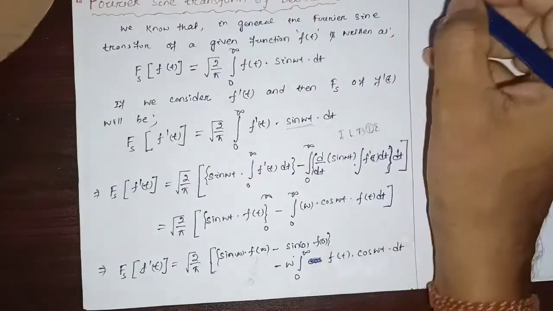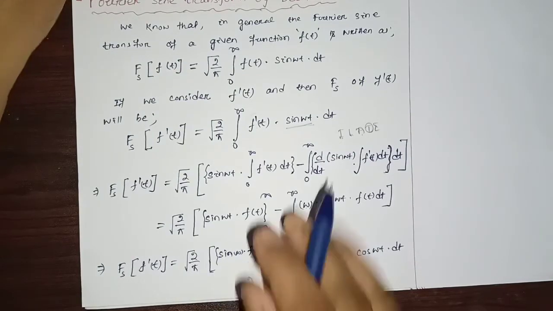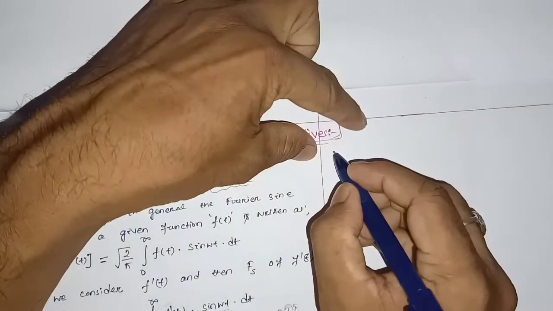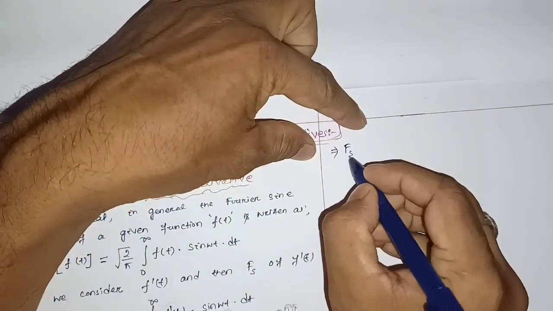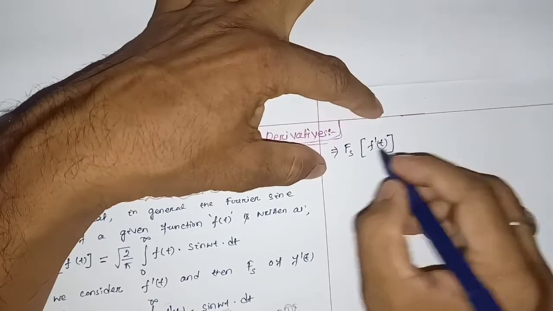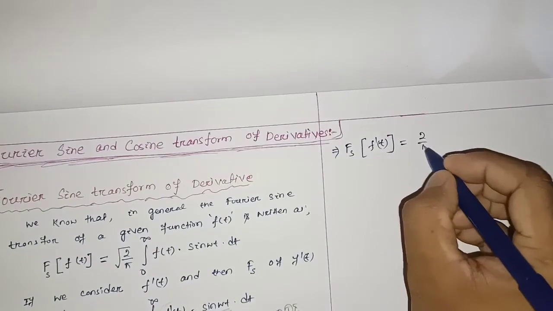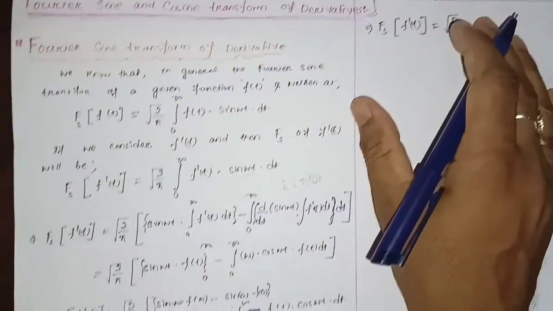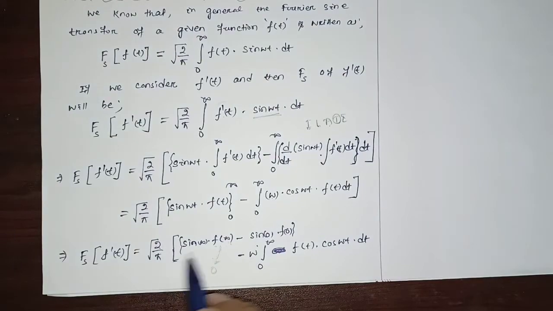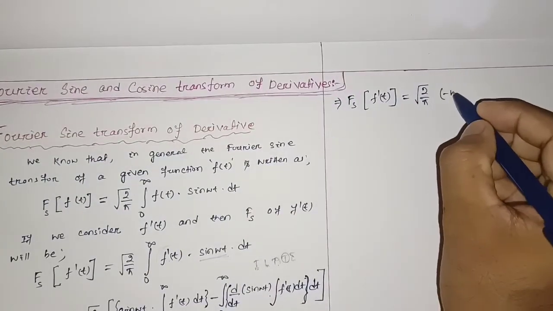So that implies this term will be 0 and this term also will be 0, because sine 0 will be 0, so this entire term will be 0. Finally we found that the Fourier sine transform of the first derivative of a function f(t) will be equal to root over 2 by pi, and this term will be 0, this will be minus omega is there,